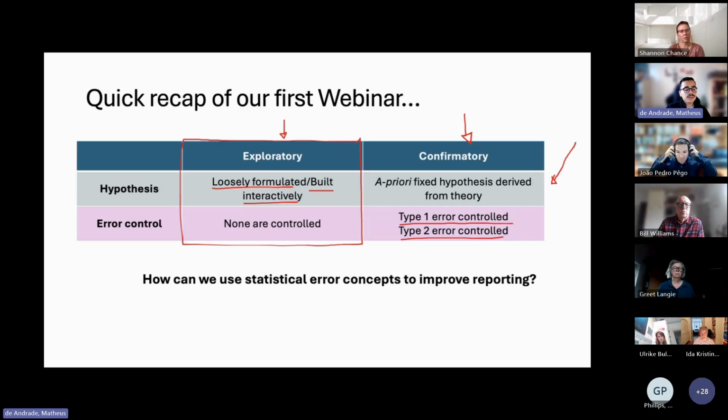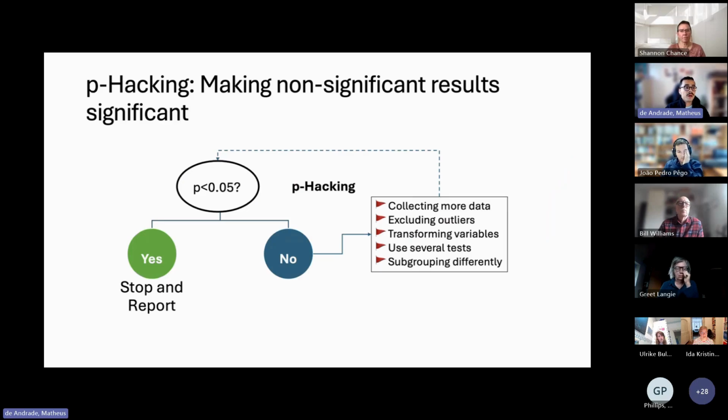But I think that the true question that we have now is, how can we use these concepts of statistical error to improve reporting? The first one is remembering that there's something such as p-hacking, and that really increases your chance of having a type 1 error. And p-hacking is basically when a researcher, due to the freedom that they have in their research,